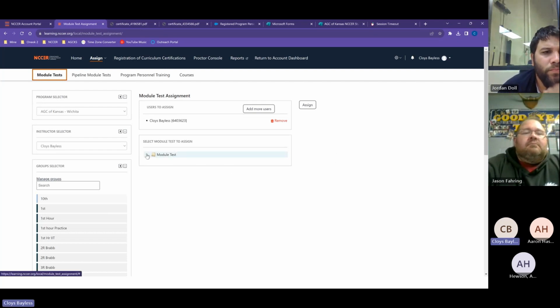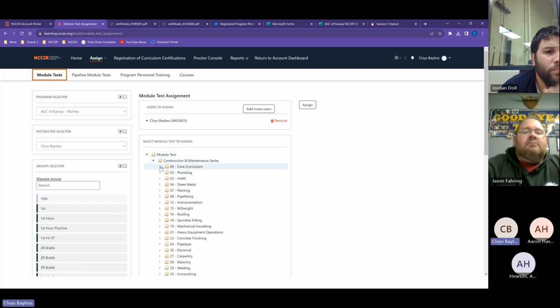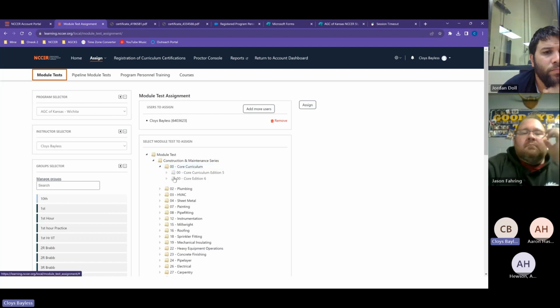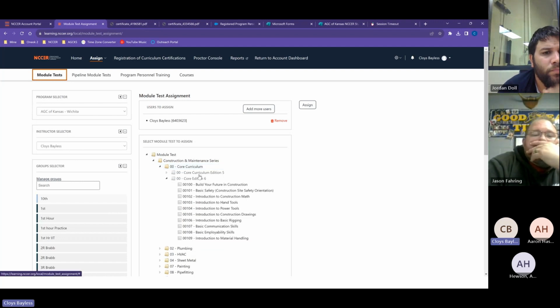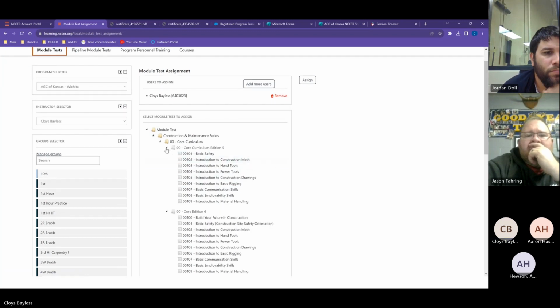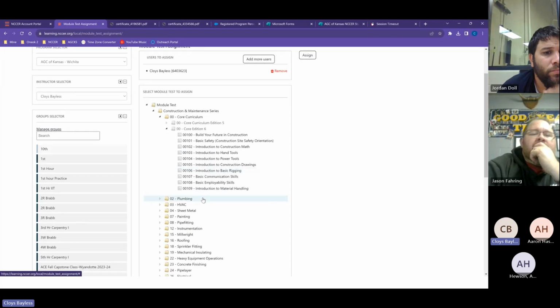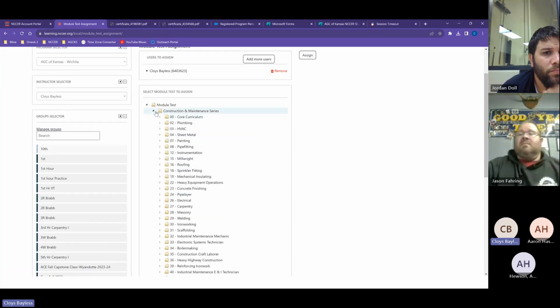Right here under module, it's going to be under construction and maintenance, and then core. Depending on which edition you do, 5th or 6th edition, this is where you will go and assign the test. So any questions on that?